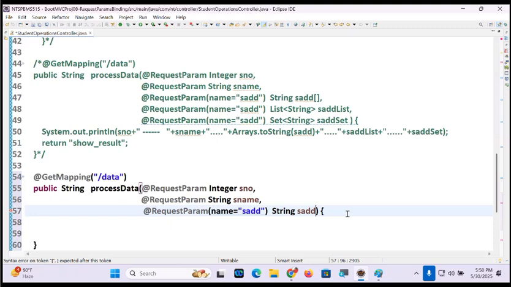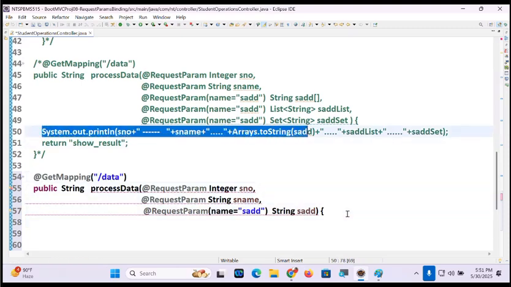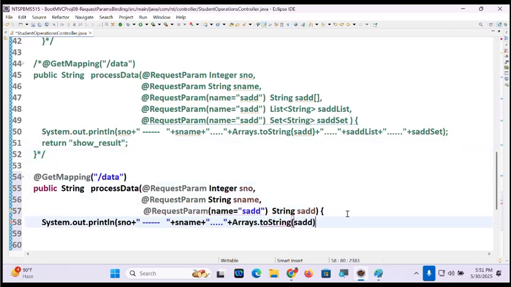I'm taking it in a single variable only, okay? Right. Let me print, guys. Copy this, paste it. Semicolon. Arrays dot toString of SADD.